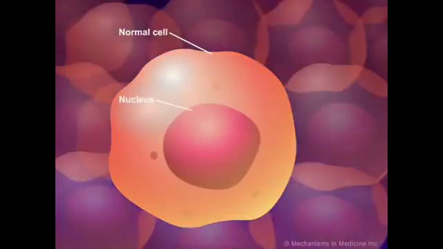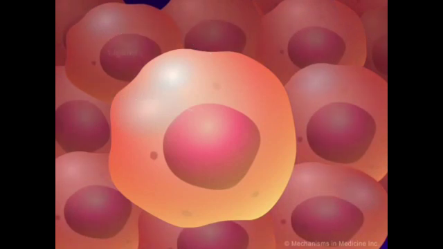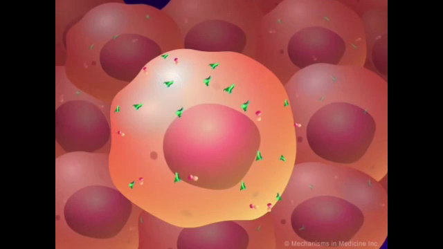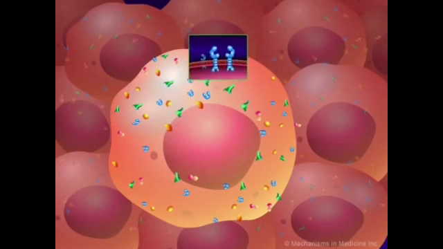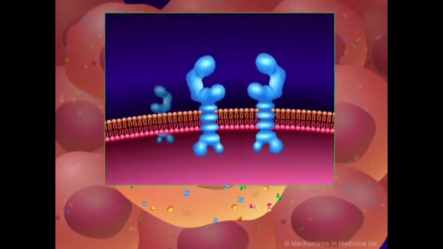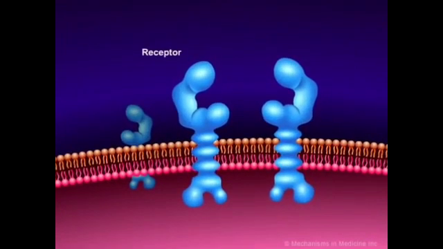Normal cells require signals, usually delivered by ligands, to stimulate their growth and to tell them when to stop growing. These signals or ligands can be in the form of growth factors and inhibitors, extracellular matrix components, or cell adhesion molecules. These signals are transmitted into the cell through proteins found on the surface of cells called receptors. Each ligand binds to its own specific receptor.